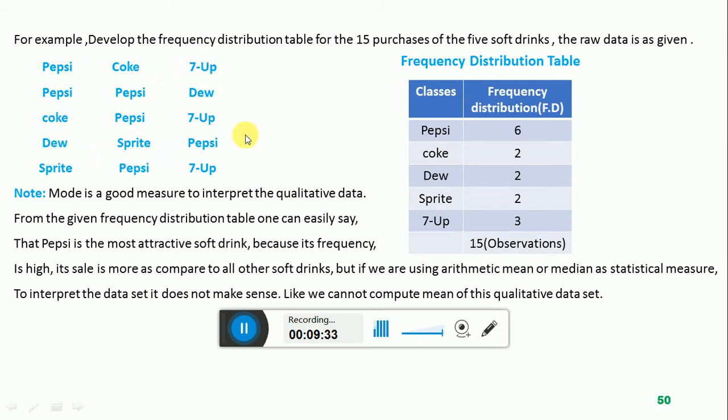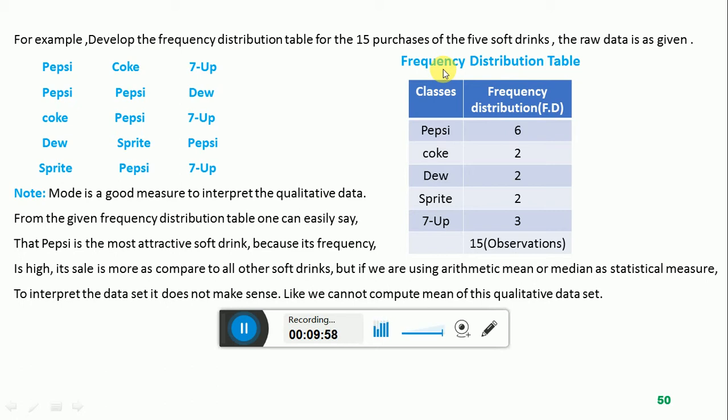And the total data items in the given data set are 15, meaning 15 purchases of the 5 different soft drinks. I developed the frequency distribution table for this raw data set because a frequency distribution table is one tool that we use to summarize the data, to interpret the data,